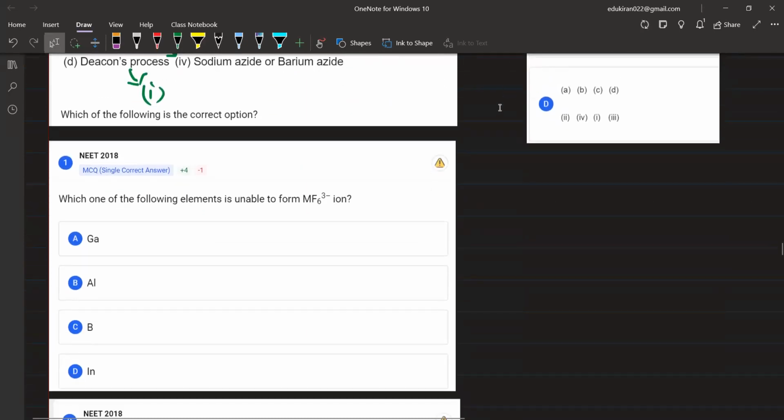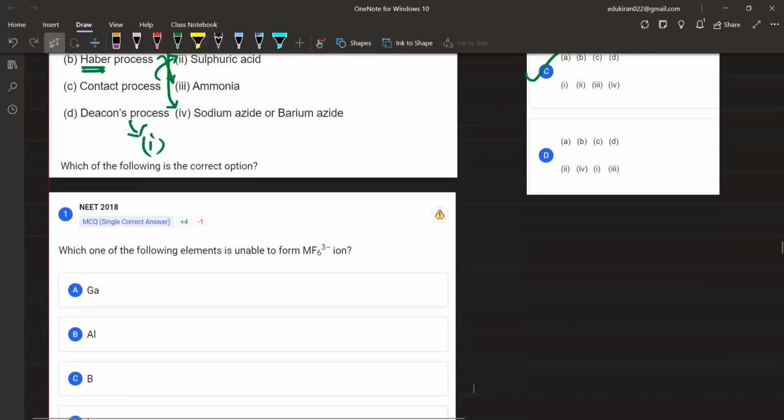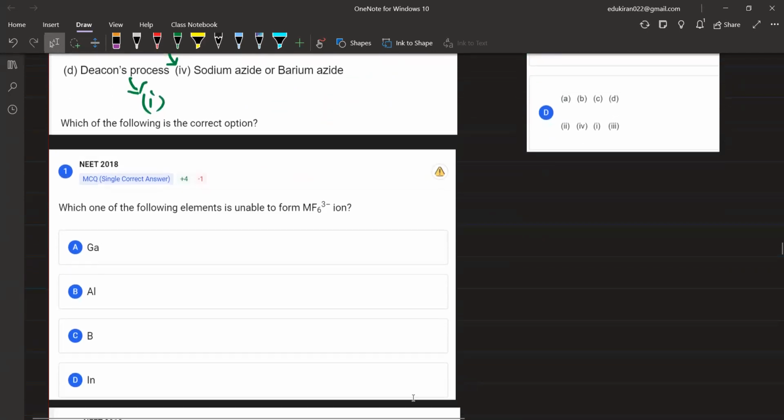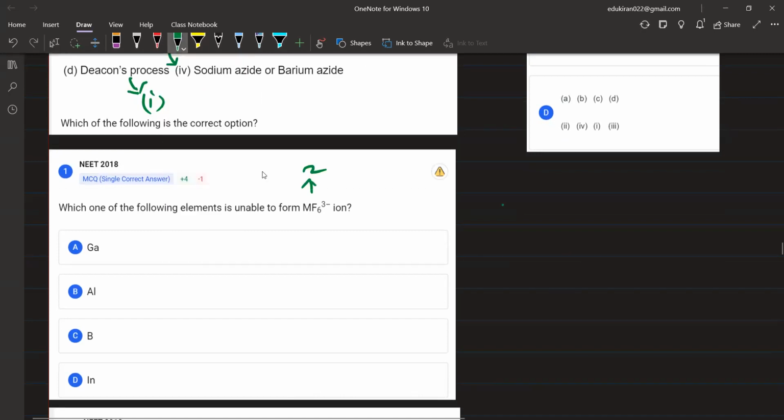चलिए फिर से बताइए. Which of the following statement is unable to form MF6 3 minus? साइज का लोचा है फिर से, ठीक है। क्लोरीन इज सेकेंड पीरियड। पता है आप लोगों को हाउ टू रिमेम्बर दिस? बैगन, आलू, गाजर इन थैला, ठीक है।